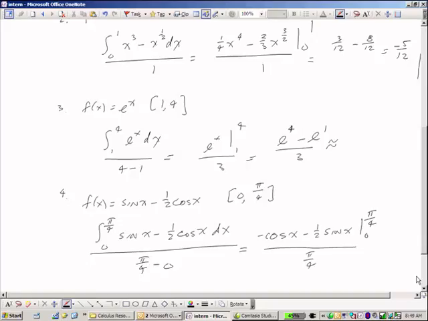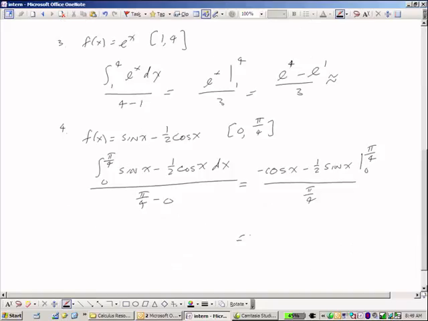Alright, now, caution. Plugging 0 in is not going to net us 0, so we actually have to take our time and do this. Negative cosine of pi fourths. Cosine of pi fourths? Hey, Julia's that person. Alright, so negative root 2 over 2 minus 1/2 sine of pi fourths? Yeah, it is. So that was sort of nice, right? Now minus, plugging 0 in,